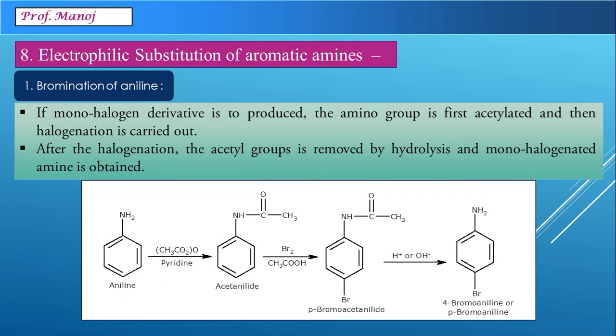We take aniline here. We treat it with acetic anhydride, due to which you can see the NH2 group is converted into an N-acetyl group. Now bromination is carried out using acetic acid. Here bromine is introduced at the para position, and once the process is done, adding water, we can now remove the acetyl cover and get the amine group back. By this reaction we can see only para-bromoaniline is produced.